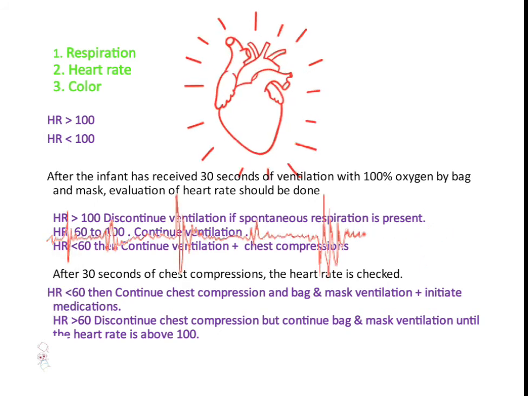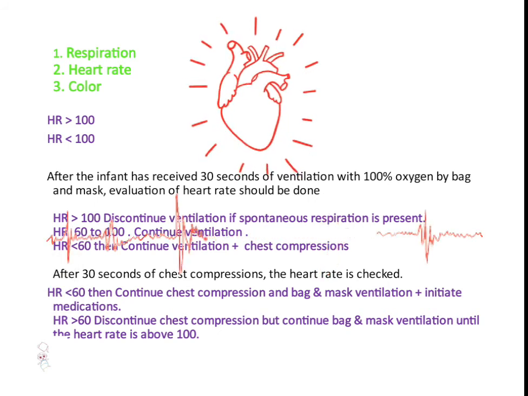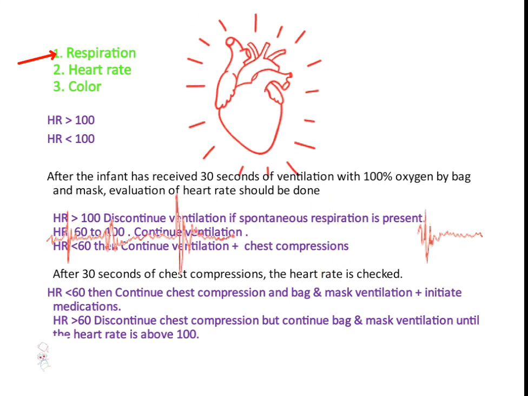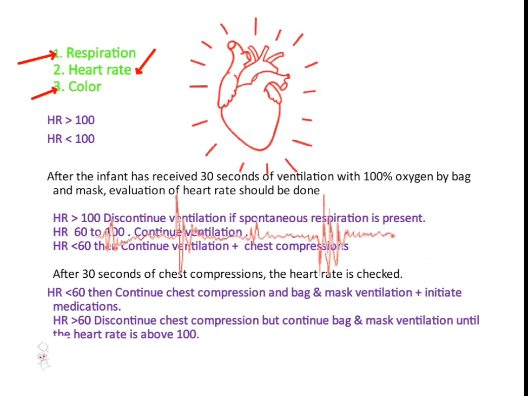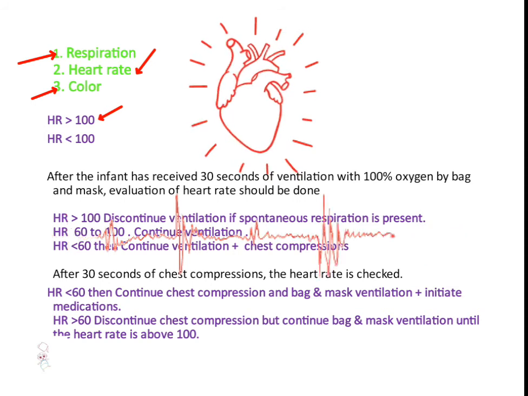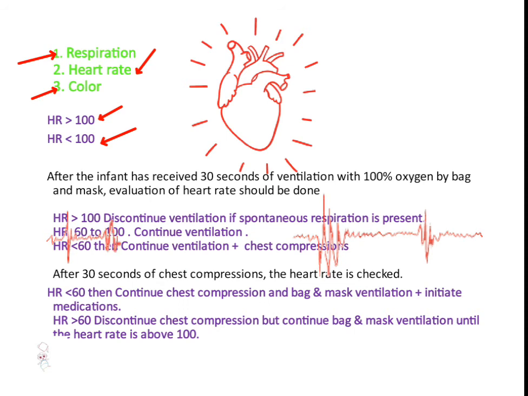After providing initial steps, the baby should be evaluated for 3 signs. 1. Respiration. 2. Heart rate. 3. Color. If the baby has good breathing, heart rate is more than 100 and pink color, he should be given supportive care. If the baby is not breathing well or heart rate is less than 100, then bag and mask ventilation